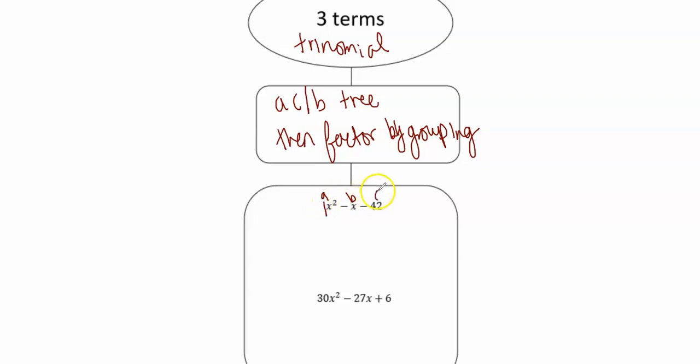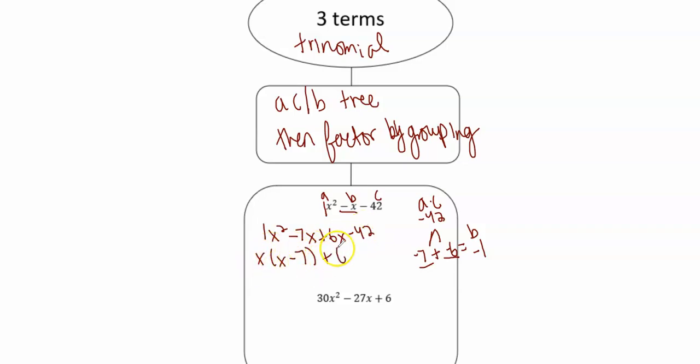So we have an A, a B, and a C. A times C is negative 42. So it multiplies to negative 42, but adds to my B of negative 1, negative 7, and negative 6. So then I'm rewriting this middle term. Instead of negative x, I have negative 7x plus 6x minus 42. I have matching. I get the first 2 and the second 2. I have matching and leftovers. So this is just a reminder on what I do if I ever have